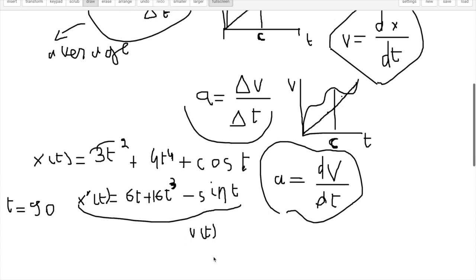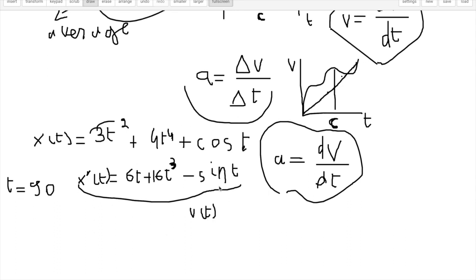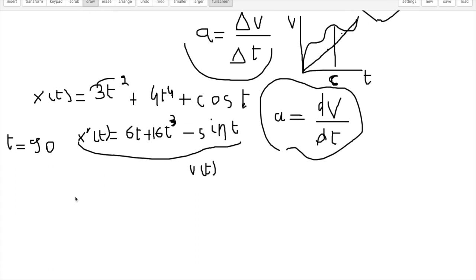And so all you would have to do to find the instantaneous velocity is plug in your t value, which in this case is 90. So x prime of t is equal to v of t, velocity. So let me write it like this. x prime of 90 is equal to v of 90